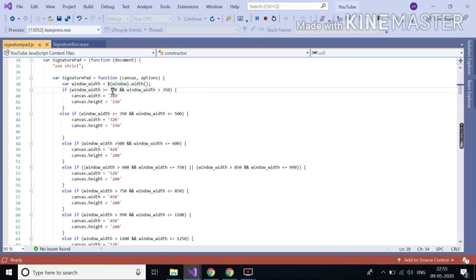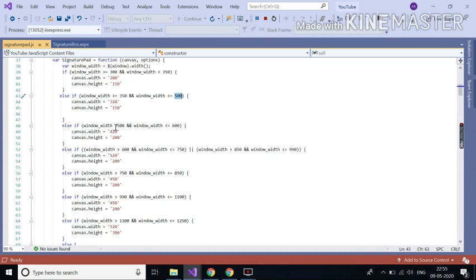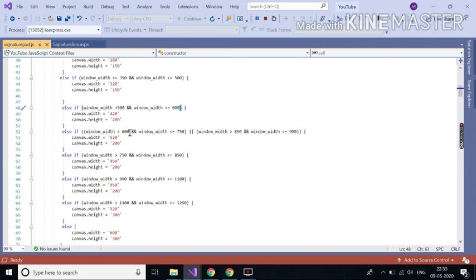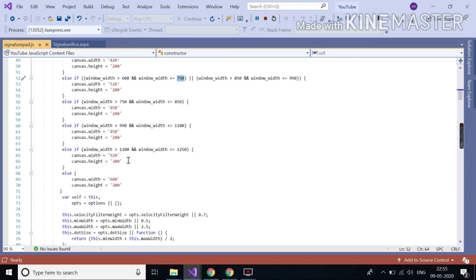If the device width is greater than 500 and less than 600, and so on, the canvas changes in this way.